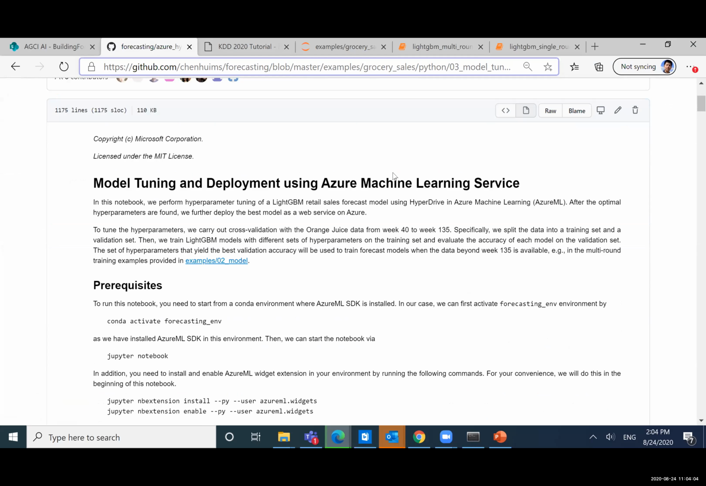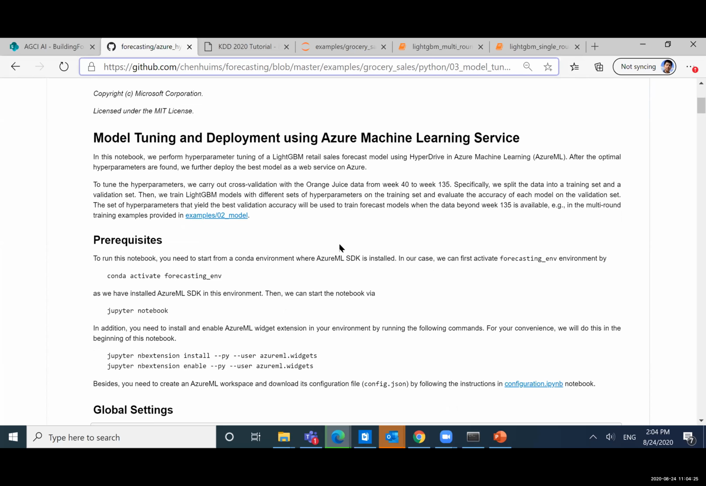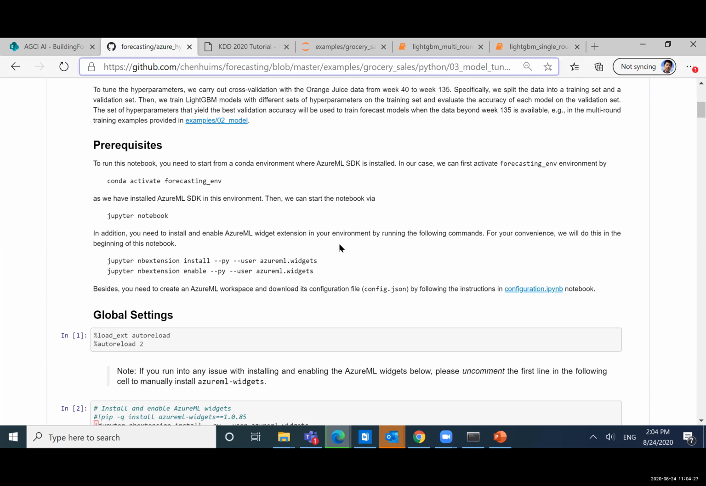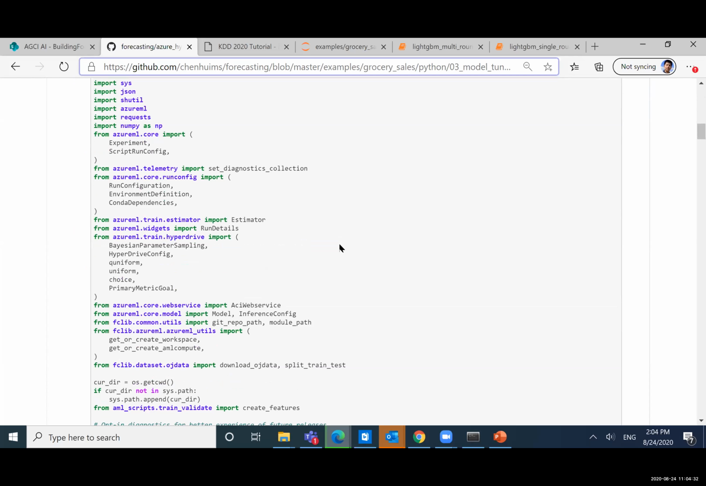First of all, we use HyperDrive in Azure Machine Learning. So you need to first get an Azure Machine Learning account. I suggest that maybe you can get a free trial account first to get a flavor. And then, once you have the Azure ML account,